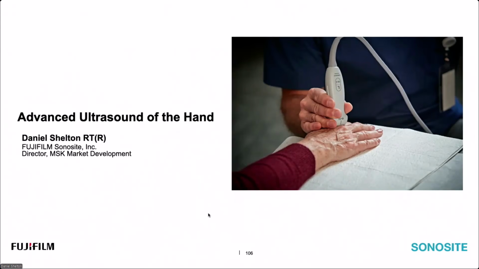The live scan was pre-recorded and cut and diced to avoid any unnecessary time. Switching transducers, long gaps between audio, things like that have all been trimmed out to maximize content because we have a lot to go through. So I apologize for something that may seem fast, but this is mostly a reference for you also, and the full content will be put on the Sonosite Learning Institute in the future.